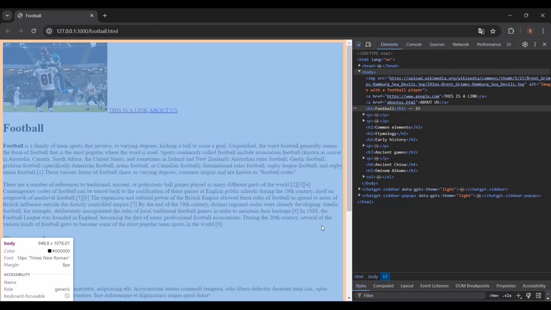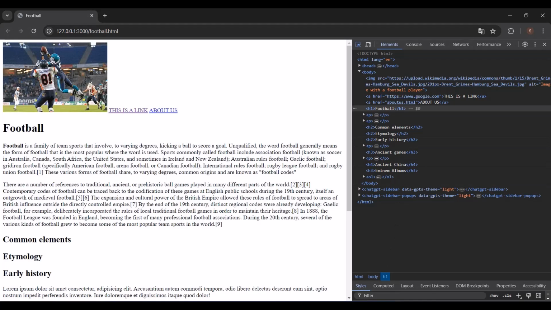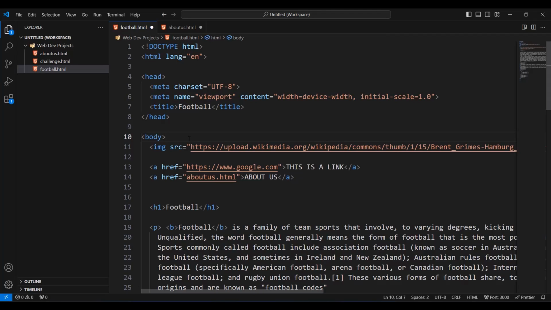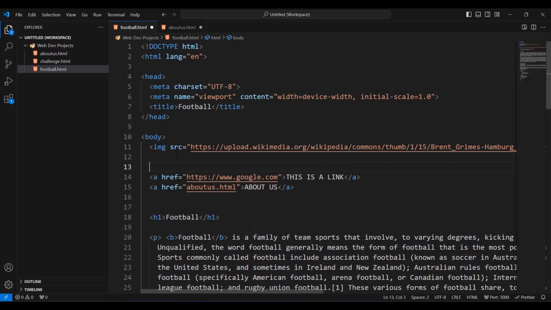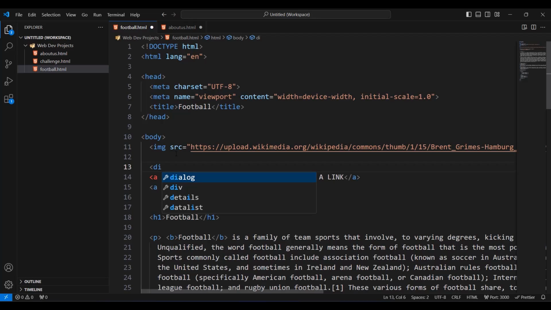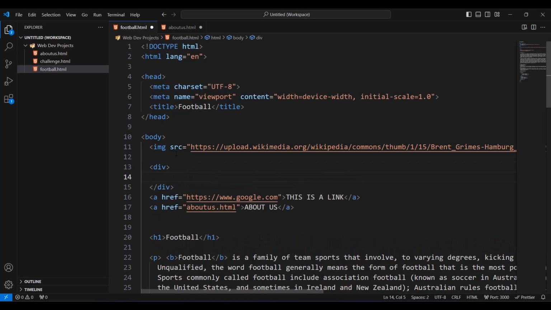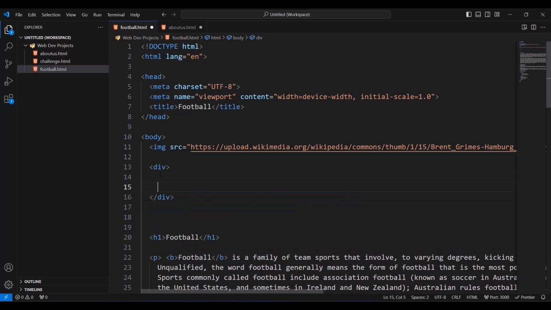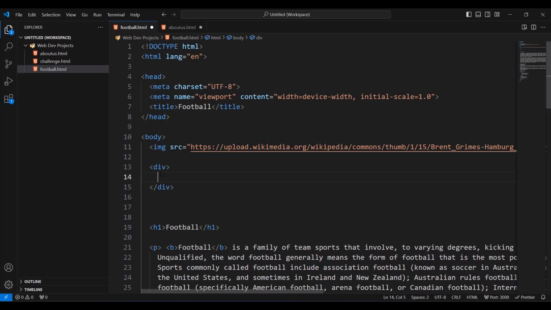Now let's open Visual Studio Code, and let's look at the div element, because we're going to use the div element a lot in our code, because the div element is a generic container of elements, and you use the div element to group other elements with each other. So I'm gonna type div, I'm gonna put a right angle bracket, and I'll press enter. And inside the div, because the div, as I said, is a container of elements, I'm gonna put our two anchors here, and the div element is a block element.